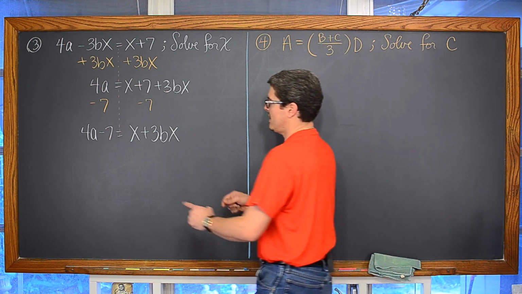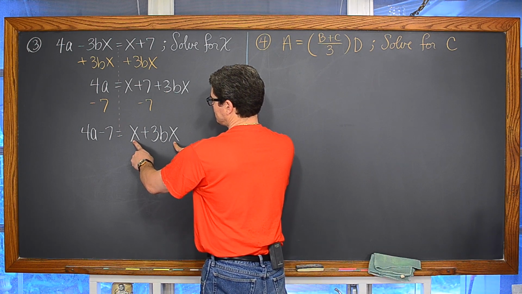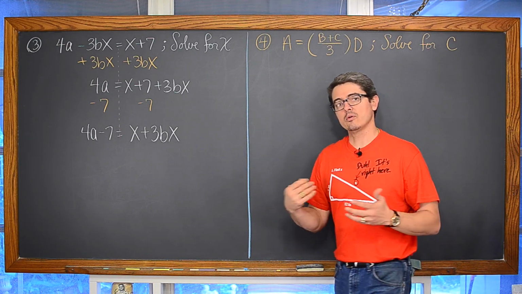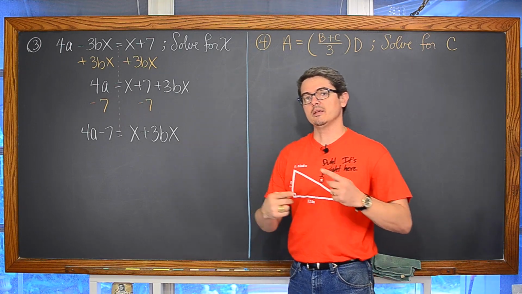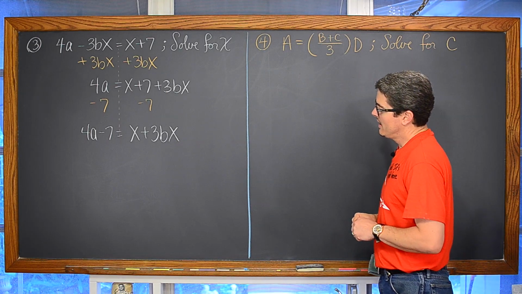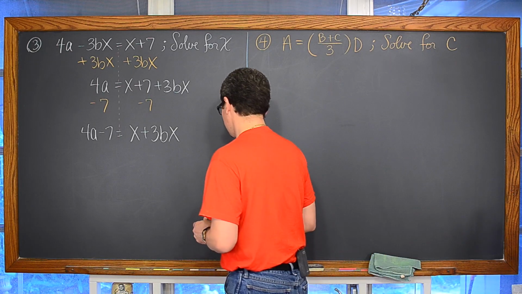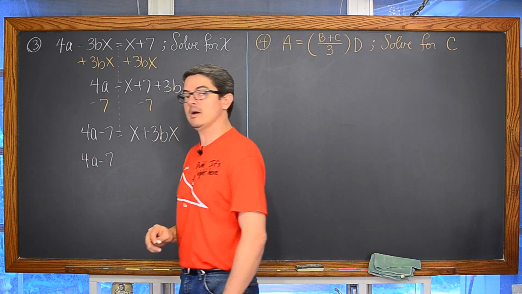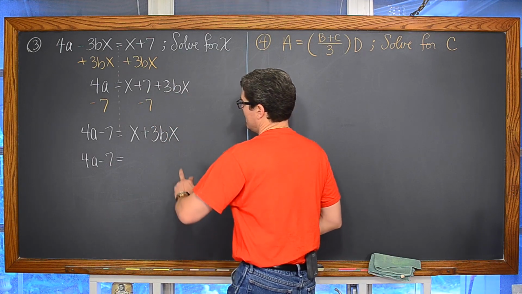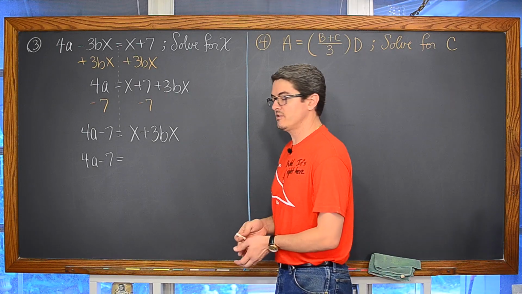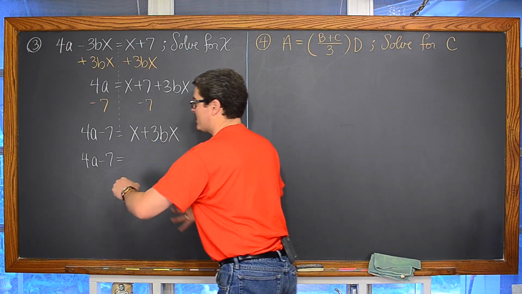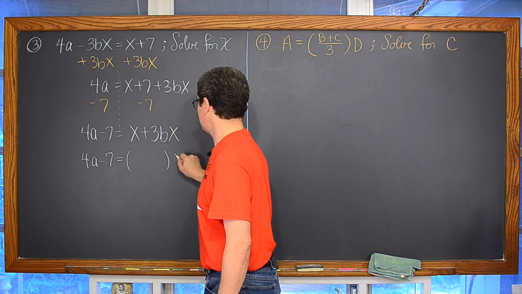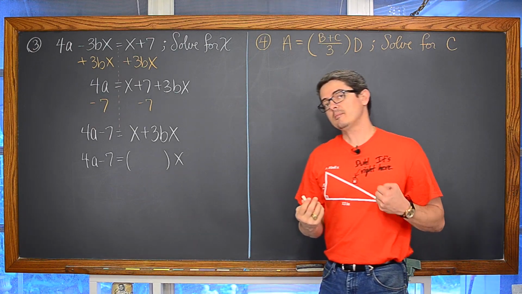Hopefully you can see that both of these terms have an x in them, and you understand how to factor out a monomial. If you're not sure how to factor or you're weak on your factoring skills, I'll put a link to a playlist which is specifically just about factoring. And if you can see that, then what we can do is simply say, well, we have 4a, I'm going to explain this another way as well, by the way. 4a minus 7 is equal to, okay, both of these terms have a common factor of x, and if I recognize that, I can factor out that monomial, and we're going to factor out that monomial through division.